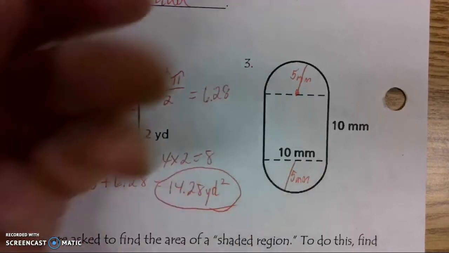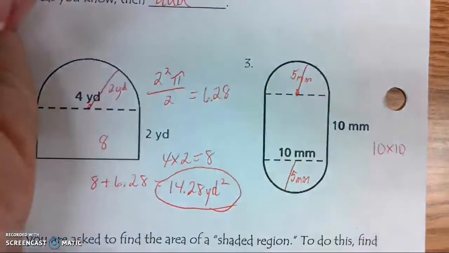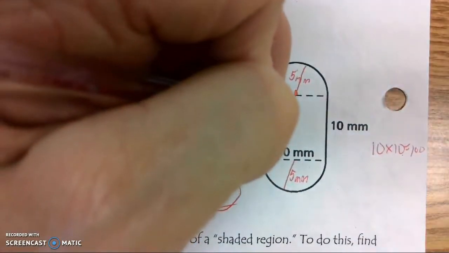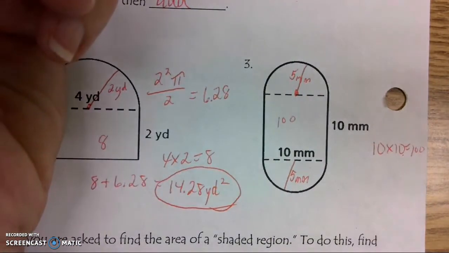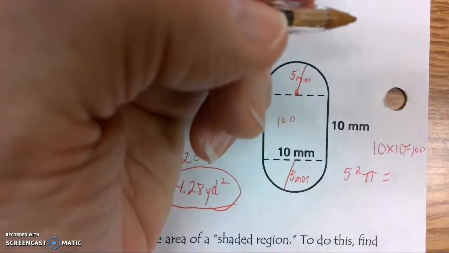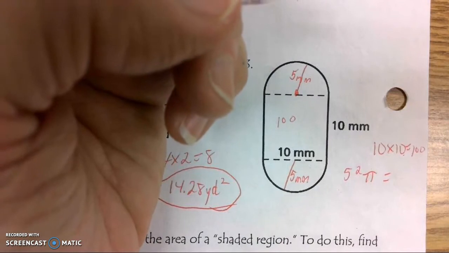So the formula to find the area of a square is 10 times 10, and 10 times 10 is 100, so the square is 100. And then to find the area of the circle, 5 squared times pi, and 5 squared times pi is going to give me